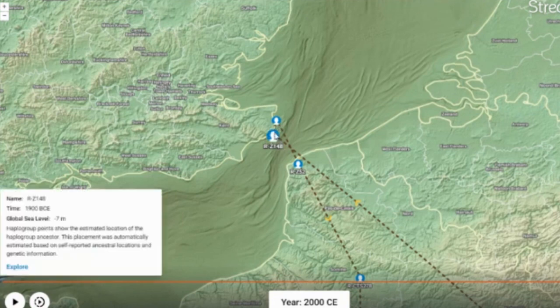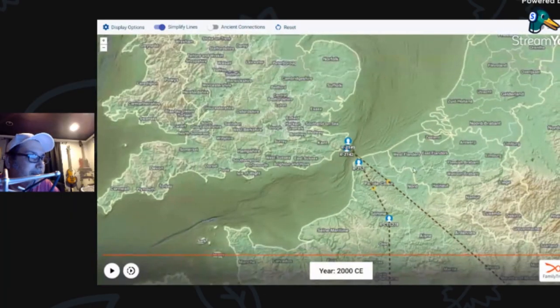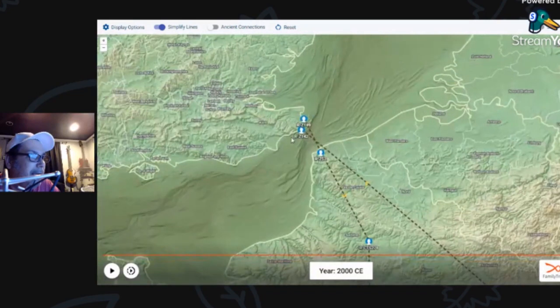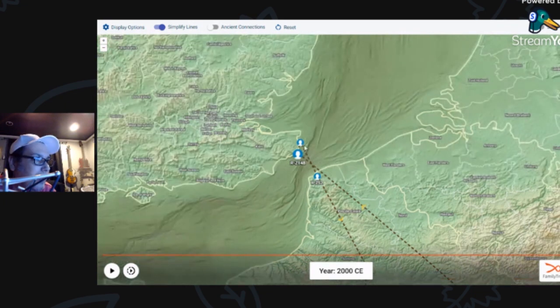If I click it, it changes to Z148. Now I know that between Z142 and when I click it Z148, there's stuff going on between, there's other haplogroups within that path. And going, let me unclick, and then going to the further one up, Z149,